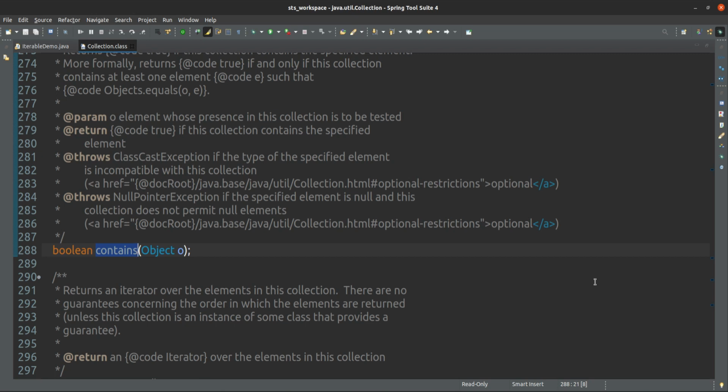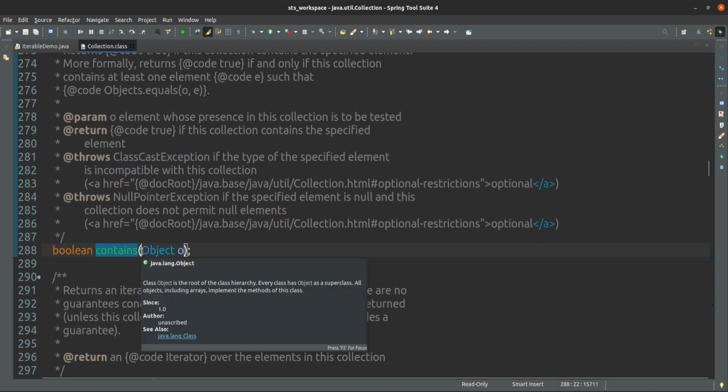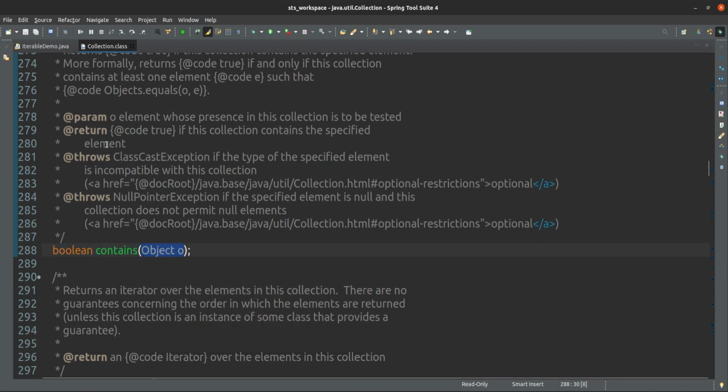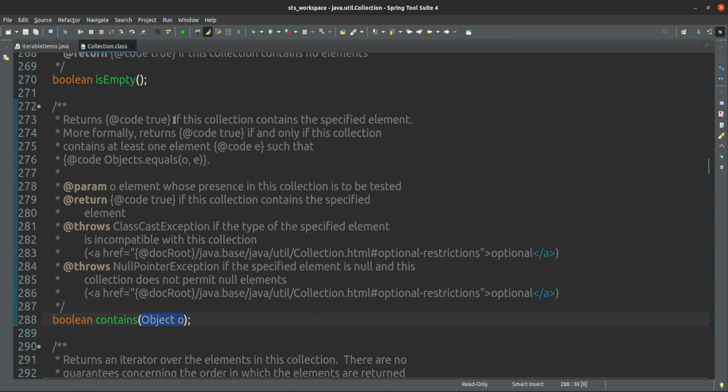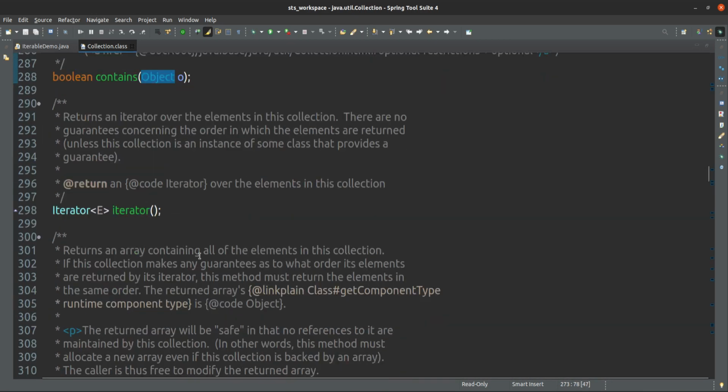You have to iterate from first to last and check whether that element is 10 or not. If it is 10, then you will return true, otherwise you will return false. In the same way, contains is doing it for a collection. Boolean, representing true or false, whether that particular object is present in this collection or not. That's it. Return true if the collection contains the specified element, otherwise false.